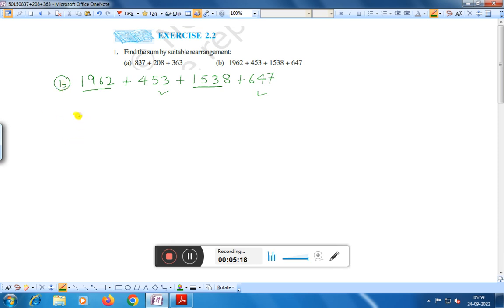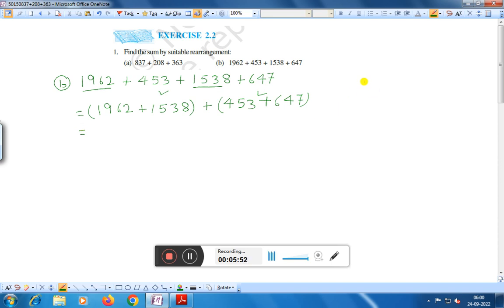Therefore we are adding this number, that is 1962 plus 1538 plus 453 plus 647. Now if we add these numbers, in the units place or tens place we are getting